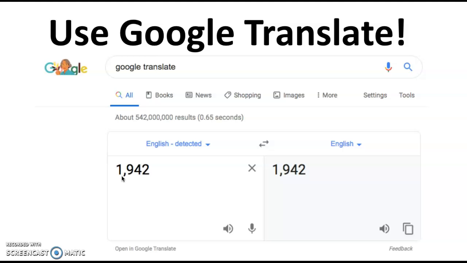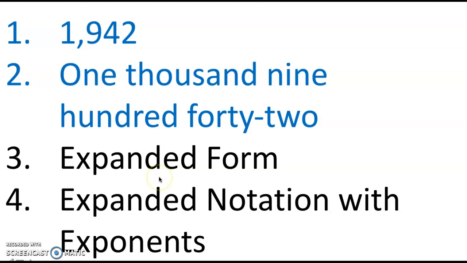On Google, if you look up Google Translate, it gives you a search icon right here. So what you need to do next is you need to type in your number and click the speaker. As soon as you click the speaker, a computer-like voice is going to read the number out loud for you. So like I said before, my recommendation for kids who are trying to find out written form is to say it out loud. Well, you've got the computer saying it out loud for you. So what you need to do next is just simply write down the numbers that the computer is saying. If I were to do that exactly as the computer said, I would have written down